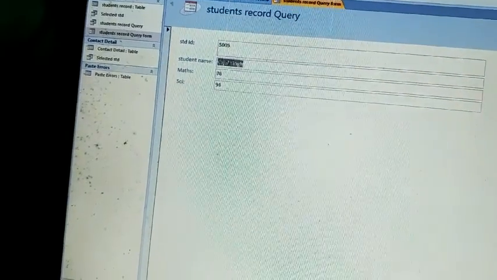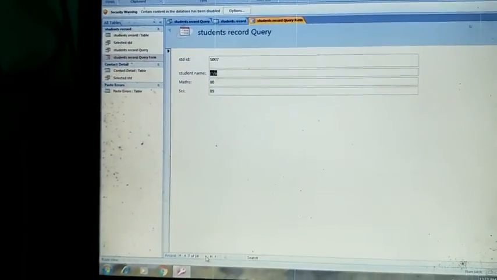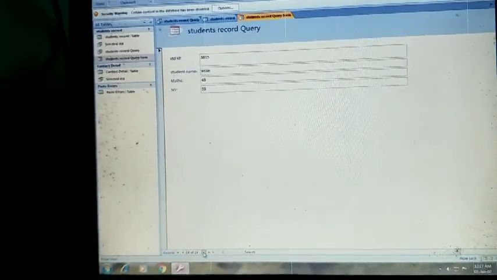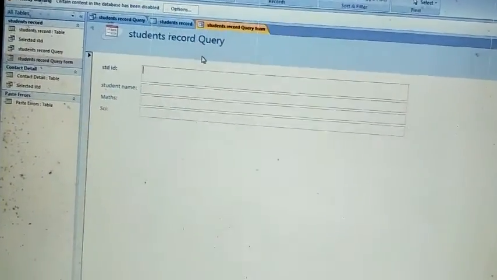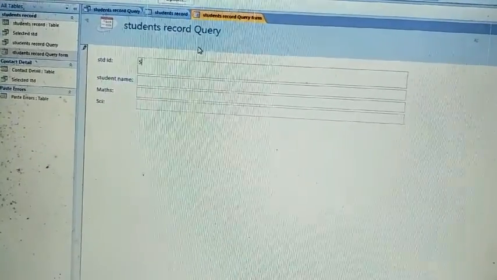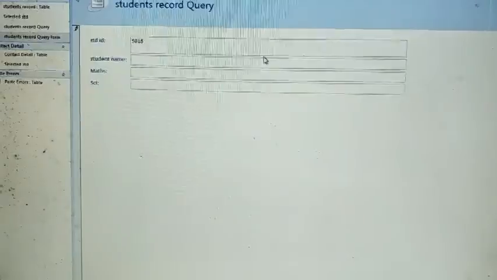Look here, or you can move through the records. Record number 4, 5, 6, 7, 8, 9, 10, 11, 12, 13, 14 and 15. After that you can see a new blank form, where you can add a new record number 16.